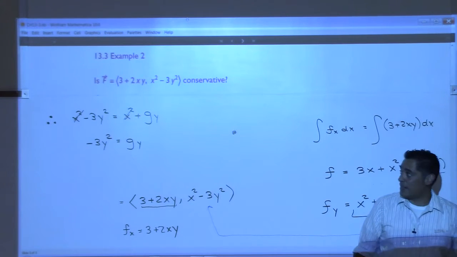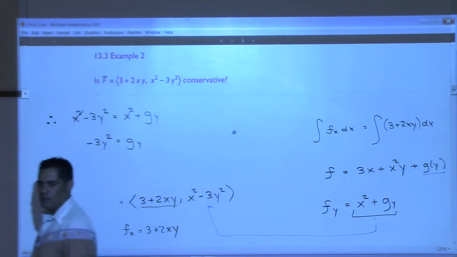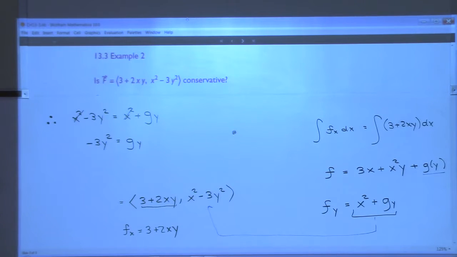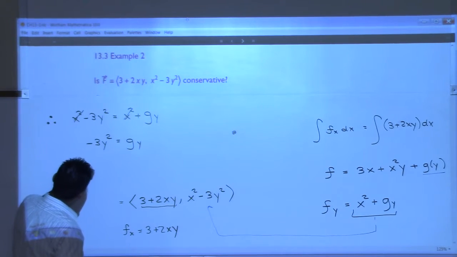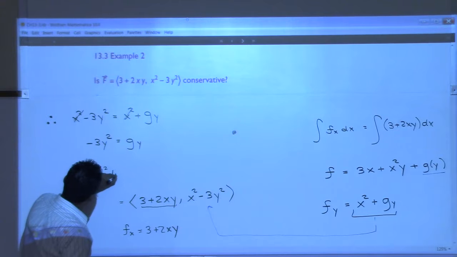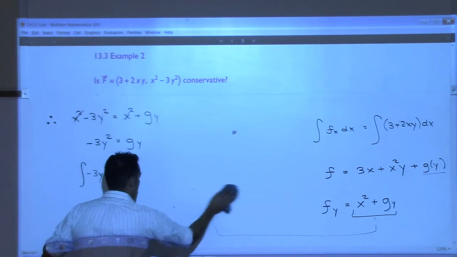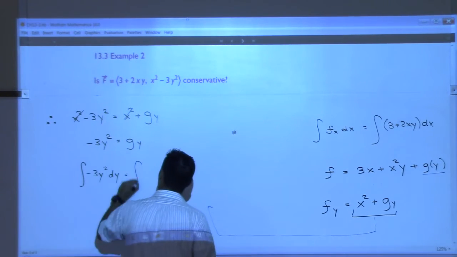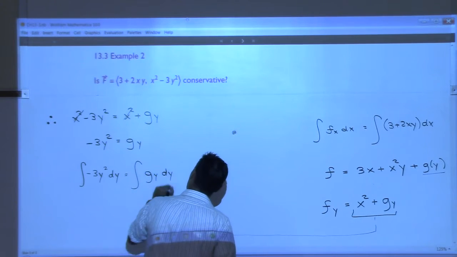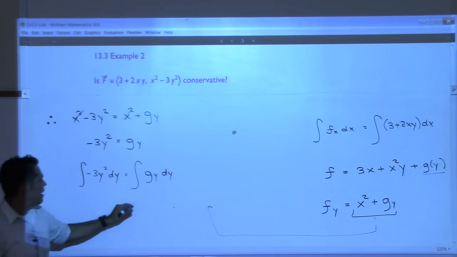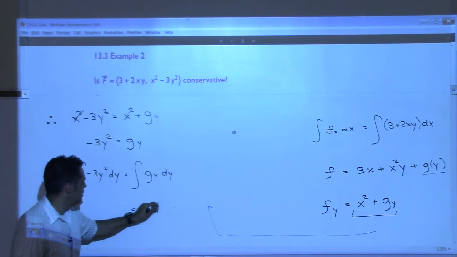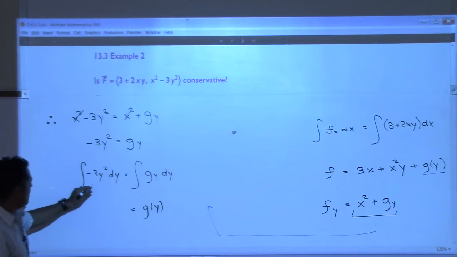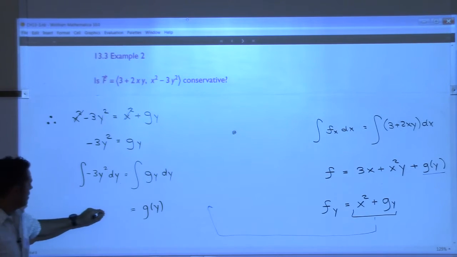So how am I going to get back to g if I have this? Integrate it with respect to y. Okay? So I'm going to integrate the left side with respect to y. And I'm going to integrate the right side with respect to y. This right here on the right side will take me back to g, right? Or g of y if you'd like. And then the antiderivative there is what? Negative y cubed